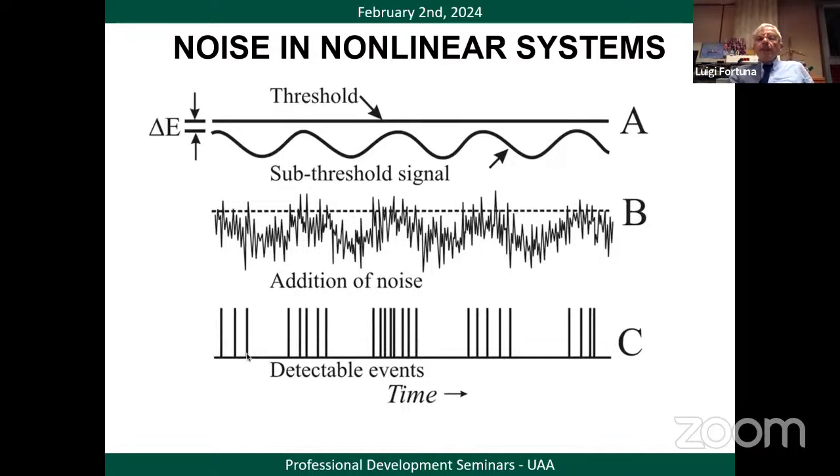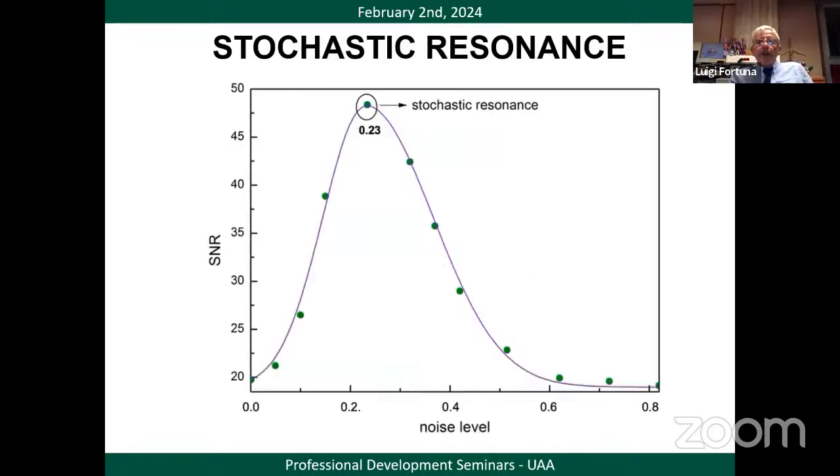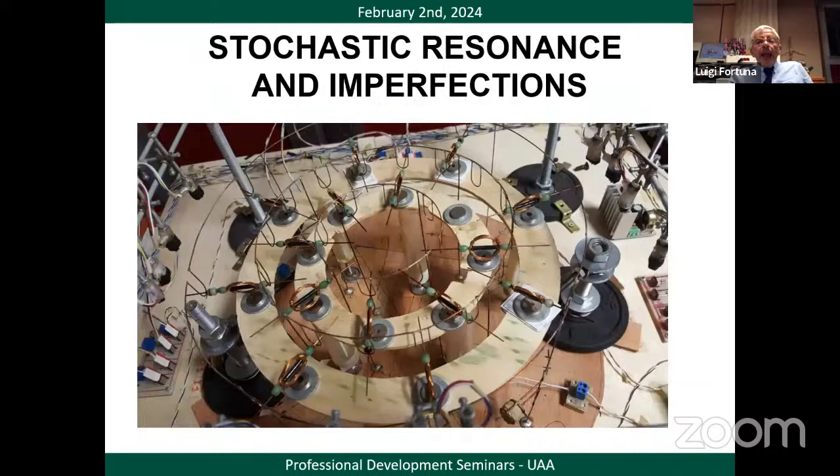So without noise, we have no information. With noise, we have some information. This is the stochastic resonance phenomenon. This means that there is a suitable noise level at which the transmission of information achieves its maximum value. Now, if we view again our system with the coils that we showed before, we